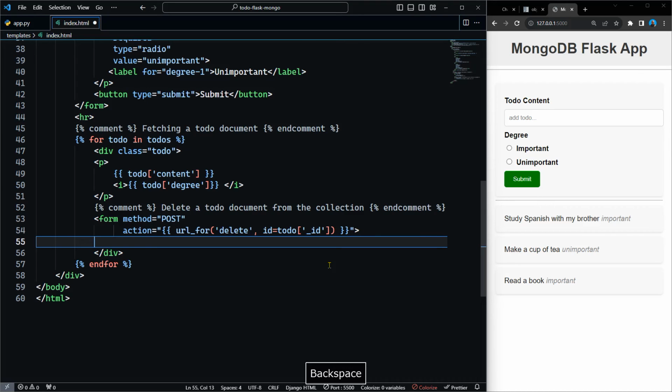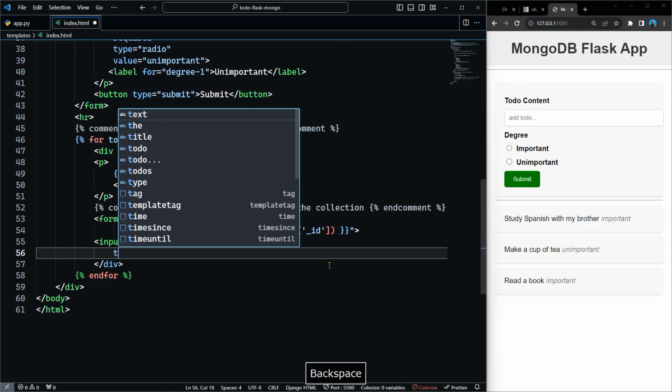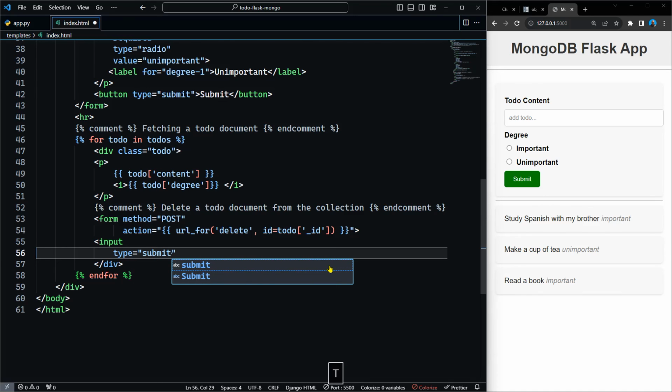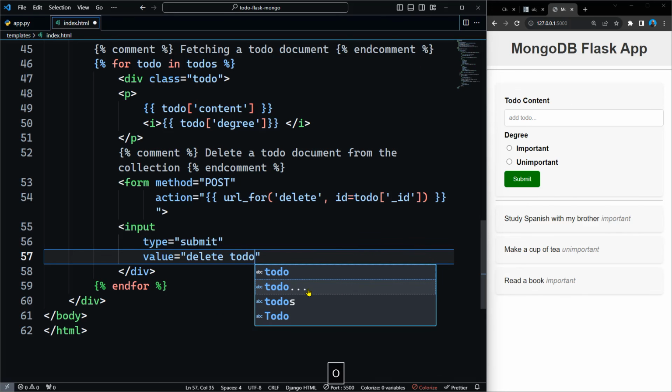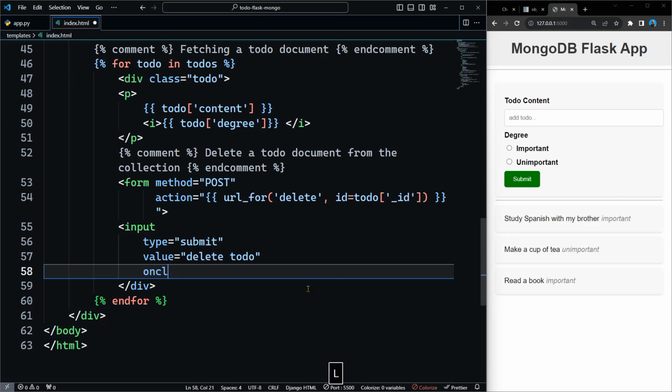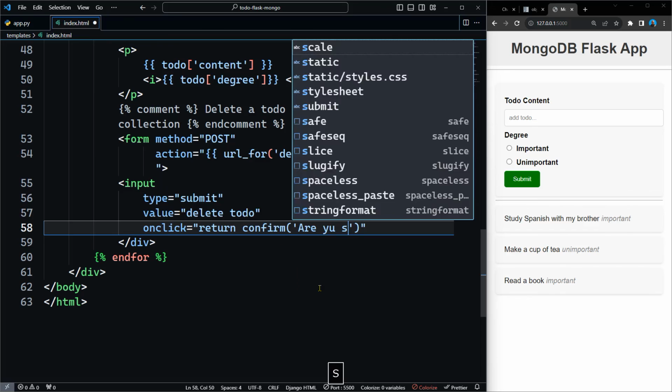And also I want to have an input. So here input with the type submit, and we will have value, which is equal to delete to do. And also I want on click event. So whenever you will delete here, I want just confirmation message. Are you sure that you want to delete this item or not? You can totally ignore that if you want. But what I want to do here is to return confirm message. And here I will say, are you sure